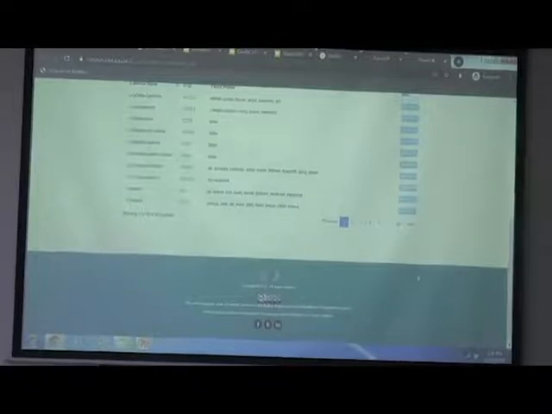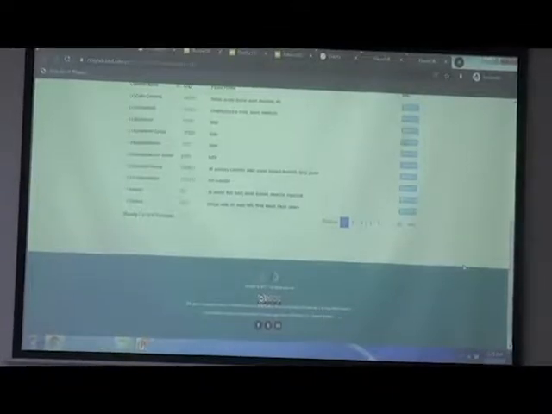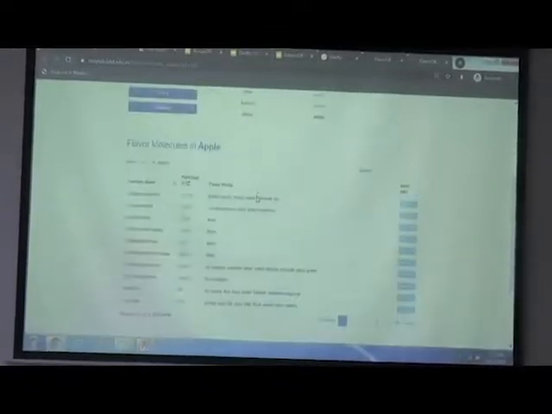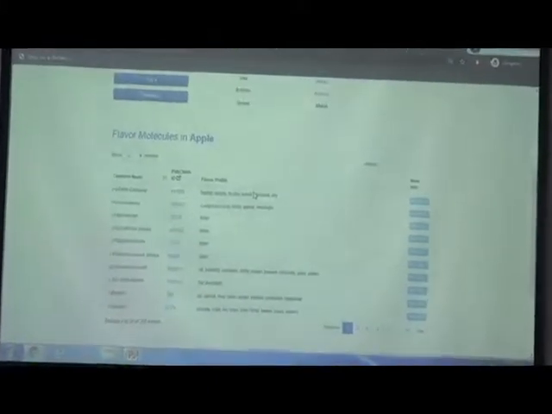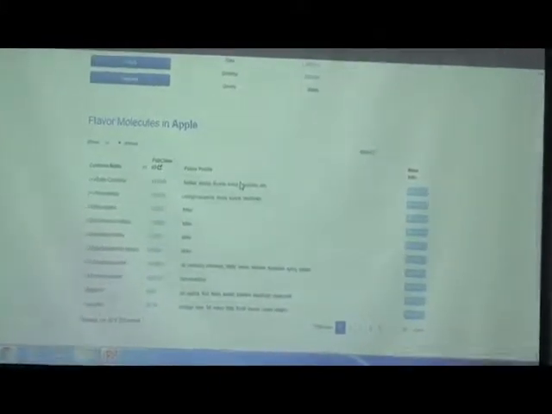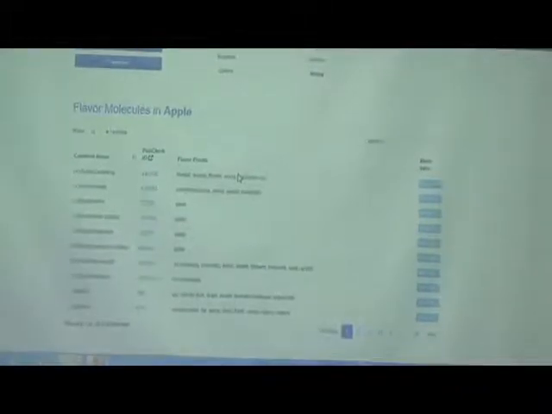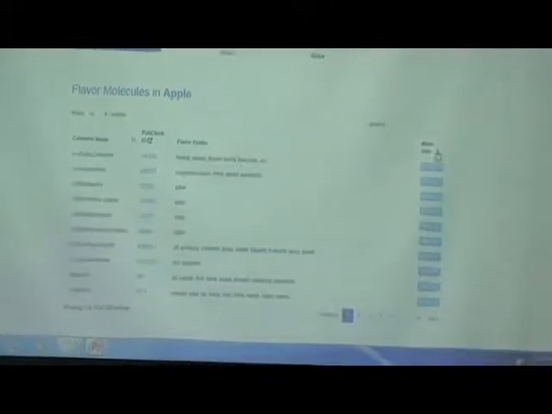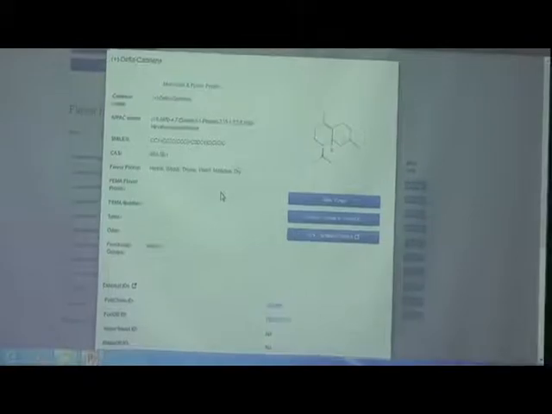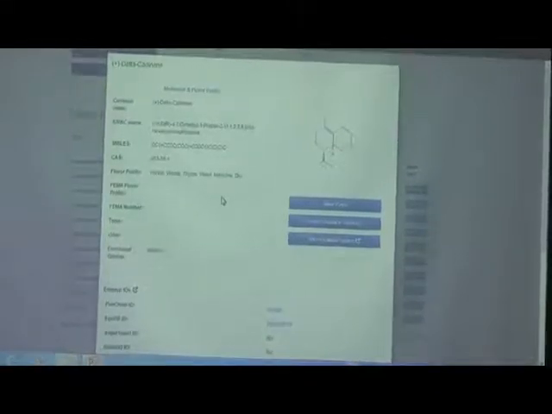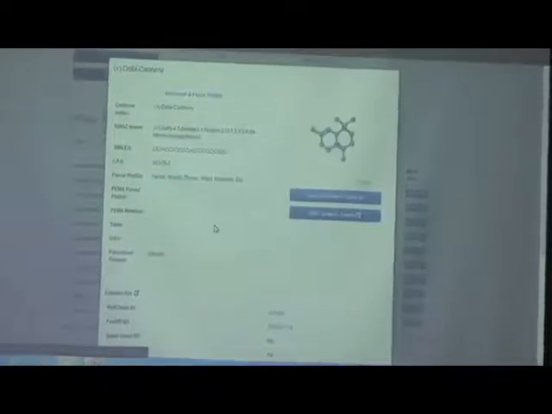It has the name of the molecule, and what are the taste and odor percepts of the molecule. For example, the first one, beta-caryophyllene, has herbal, woody, thyme, wood flavor. If you click on the more information of that molecule, you will get additional information such as name of the molecule and chemical properties which are given below, and even the three-dimensional as well as two-dimensional structure. If you click on view JSON below the molecule's picture, you end up getting a three-dimensional picture which you can rotate and see. So this is of interest to those who are interested in the chemistry part of it.